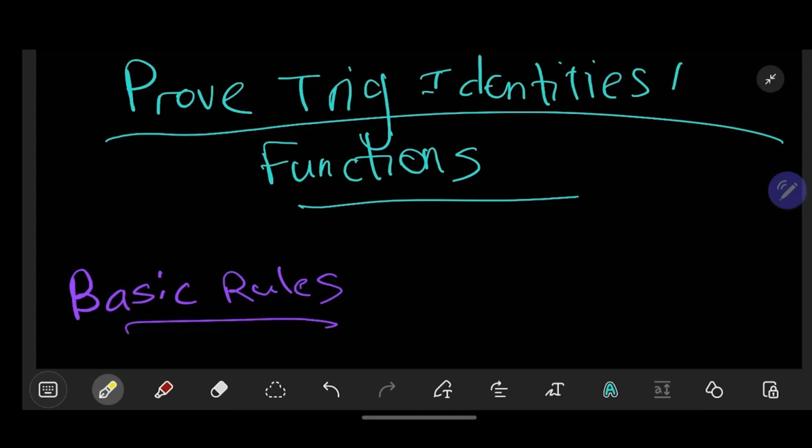Okay, in this video, we are going to look at proving trig identities or trig functions. Please check out my previous video where I did a quick rundown on the basics of trig identities, as well as the identities for you to remember and the basic ones you can derive. So in this video, I'm going to take you through the identities as well as the functions, how you prove them, how you identify them, and how to identify what to use in order to prove them, which is very